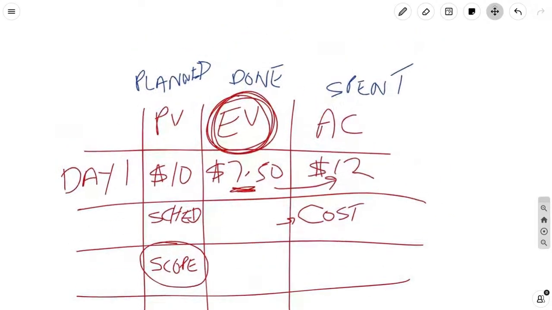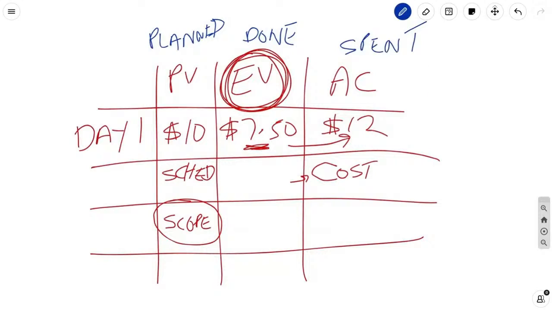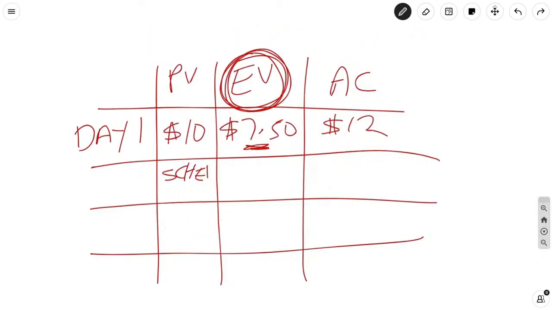Because if earned value is lower than any of these two, it's unfavorable. If it's equal, then you're right on target. You get what I'm saying? And for that reason, we have these metrics that we use to further understand these numbers. And the metrics are as follows. I'm going to erase all of this and just show you real quick.